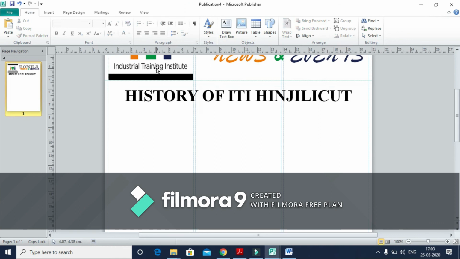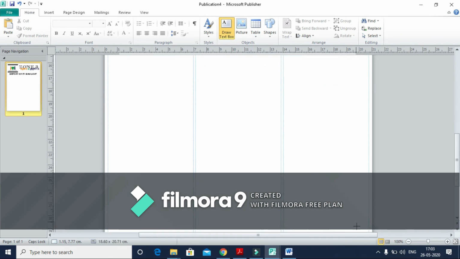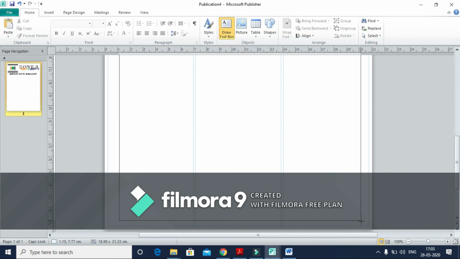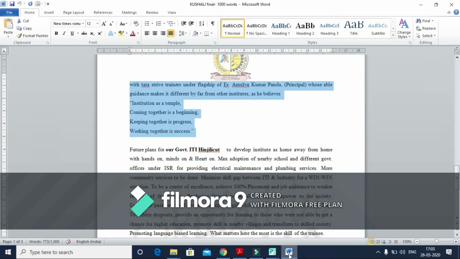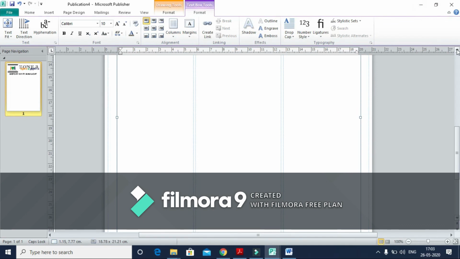Now it is done. Now we have to place the drafted content. For the drafted content we again have to go with a separate box. As you can see, this is the first page, so I have selected the box. Yes, now the box has been selected. I had a drafted content with me, so I will go to the section and press Ctrl C to copy the desirable content that needs to be pasted right over here on this page.